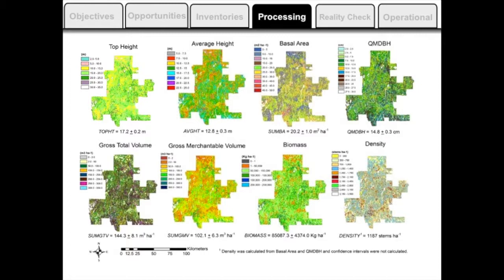At the end of the day, what we end up with is, we've seen these before, these are the rasters. This is a 20 by 20 meter resolution for all those different inventory metrics that we wanted to predict. So here we have heights predicted, top height 17.2 plus or minus 0.2 meters. Our gross merchantable volume on this forest is 102.1 plus or minus 6.3 cubic meters per hectare. Now, do the Alberta inventories have confidence intervals? Ontario's does. This is the first time we've actually put that type of estimation on our forest inventories because of some of the regression approaches that we've used in this. And again, if you're interested in how and why, that's in that forestry protocol.